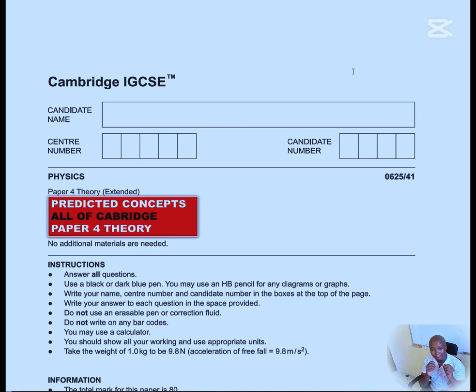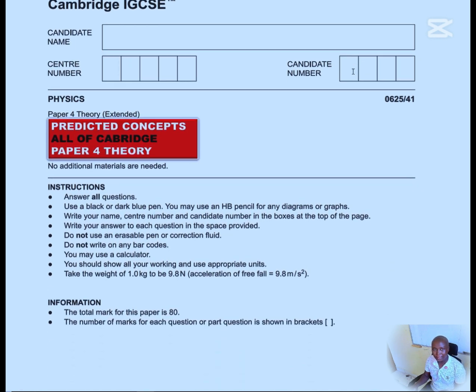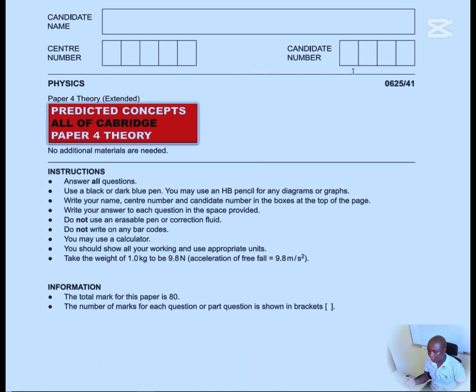2025 papers of May, June. So we're going to look at which are the main topics you really need to prepare as far as that particular exam is concerned, because you are remaining with less than 1 month for you to sit for that exam. What are the main areas you need to prepare for that Cambridge paper 4 of 2025